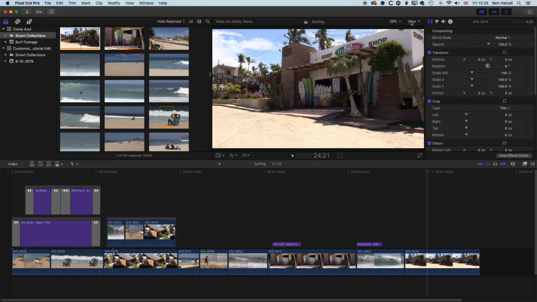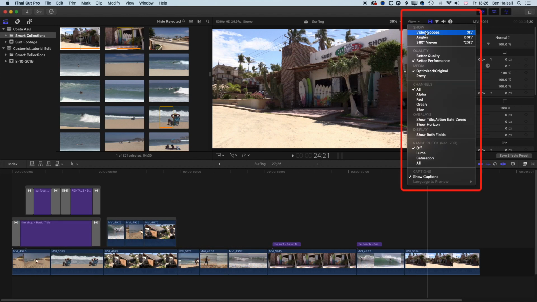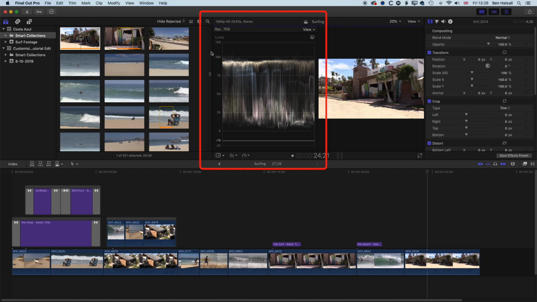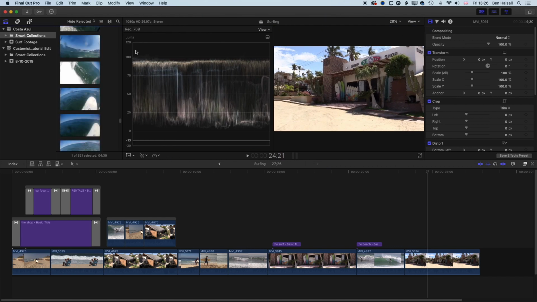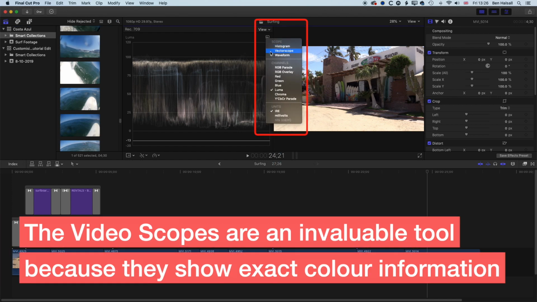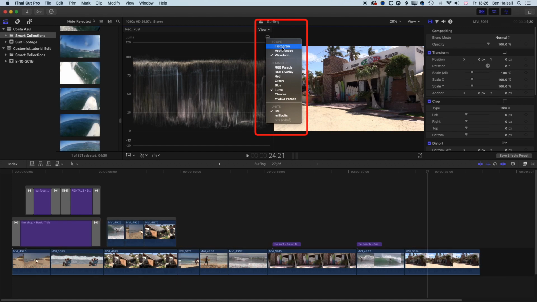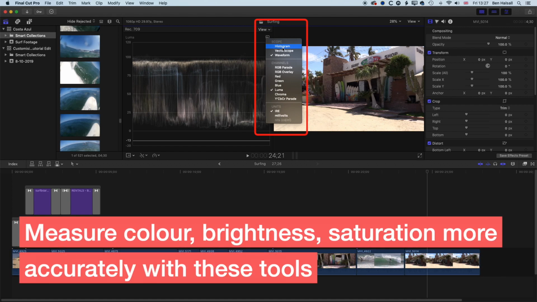So if you come to View and Video Scopes, this will show you the video scope. So we have a few different video scopes we can use in Final Cut Pro 10. Here we're looking at the waveform. If we jump down here, we can see the different parades and vector scopes and histograms that we can work with. And these will be useful for measuring the saturation of your images and also how light or